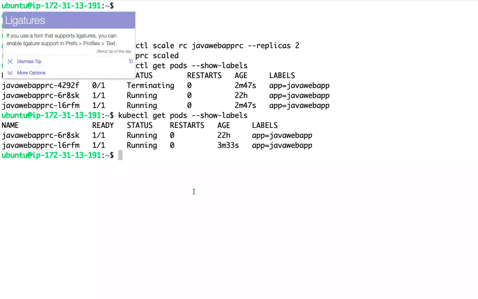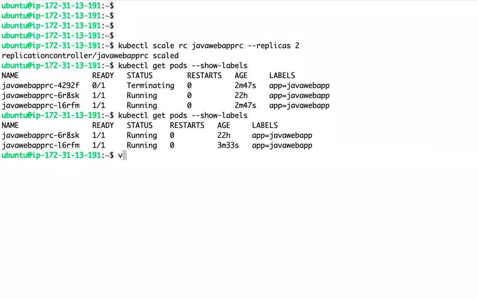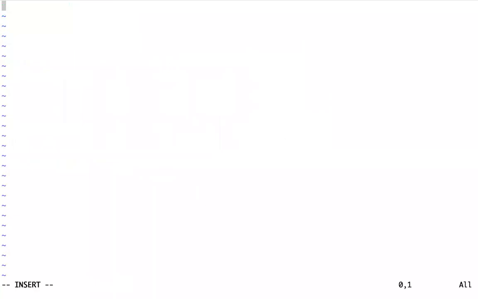Now let me create a replica set for some other application. API version apps/v1, kind ReplicaSet, metadata. This metadata is for this replica set.